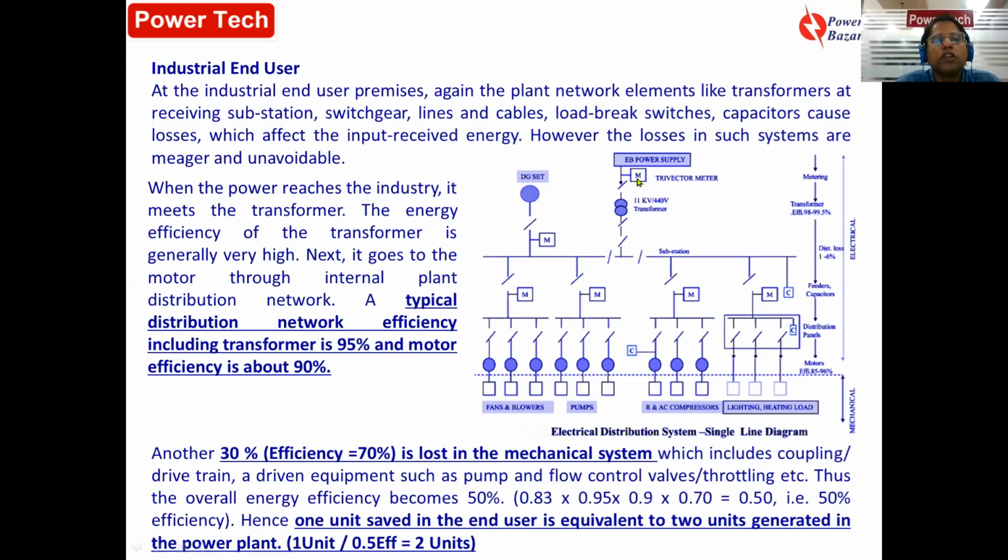This is utilized for billing purposes so that the distribution company can bill this industry based on the tri-vector meter reading. Now these are basically isolators or circuit breakers, used to switch off the supply in case of some unsafe condition. You can disconnect this circuit breaker. If there is under voltage or over voltage, or lightning occurs, it can get tripped to protect the down-the-line circuit.